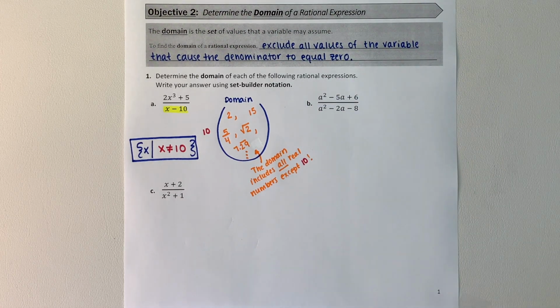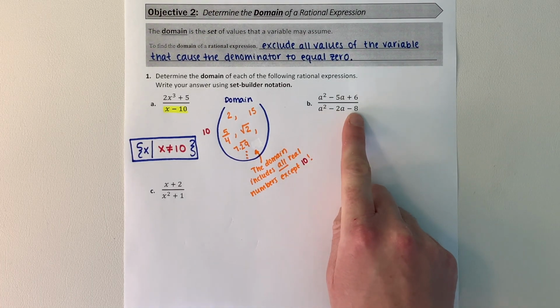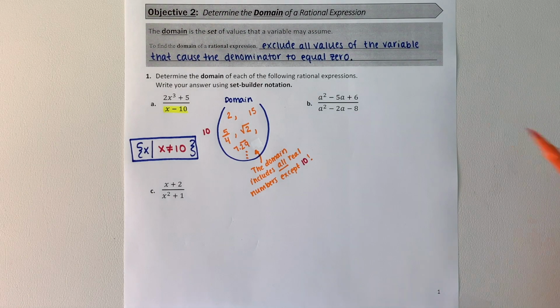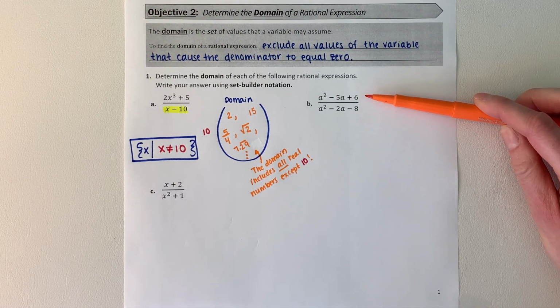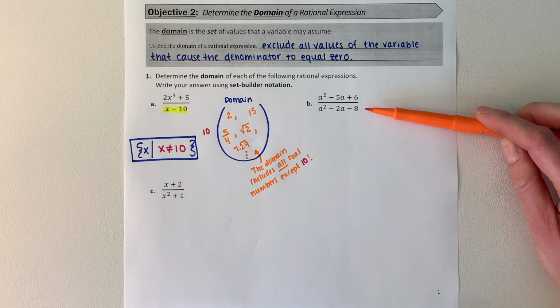The answer is that we're allowed to plug in any value for a except the value or values that make the denominator equal to 0. Now keep in mind, when you have a fraction, the numerator can equal 0. That's allowed in mathematics. But in math, the denominator cannot equal 0 because when your denominator is 0, your expression